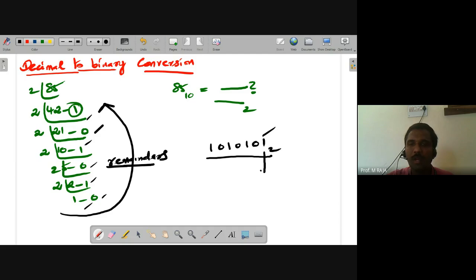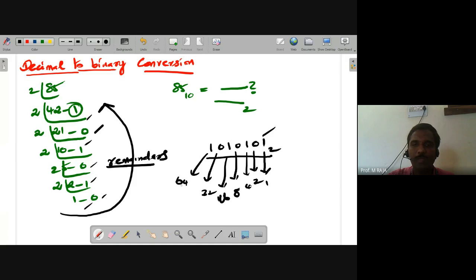Here the place value is 1 into 2 power 0, that is 1. Here this is 2 power 1, right? This is 2, this is 4. Here this is 8. Here the place value is 16. Here the place value is 32. Here the place value is 64. So multiplying the individual bits with the corresponding position values and adding these, we will get 1 into 64,